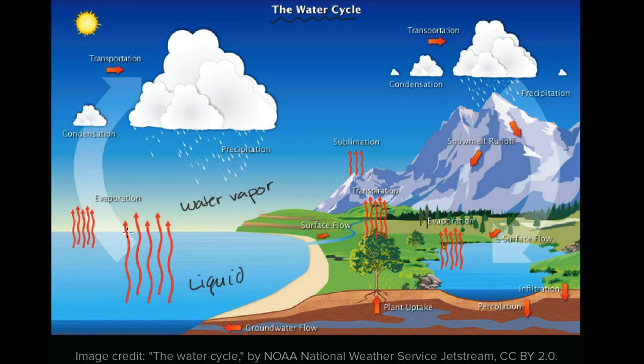And so that water vapor is going to rise, likely with the air that has been heated on the surface due to the sun. And there's other more complex dynamics at play. But as it rises and as the overall temperature cools, that water vapor will condense into little droplets. And it'll condense around little tiny air particles, little particles of dust that you can't even see with your eye. And that's what forms clouds.